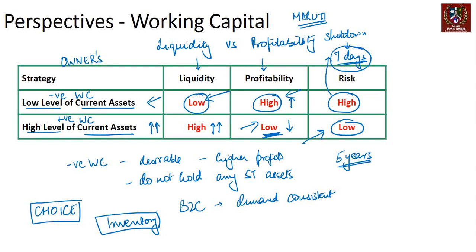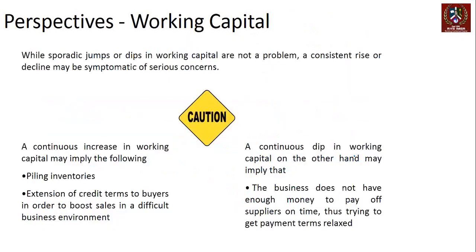And there is no right or wrong here. Some companies may choose to say that we want to keep the inventory because we don't want to take that risk at any point of time. Some companies might choose to say we will take that risk. There's a finite risk that I will lose some sales once in 5 years, but for the entire 5 years, my profitability will remain high. That's a decision that the company has to make, and two companies can make those decisions and run businesses on their own, right?